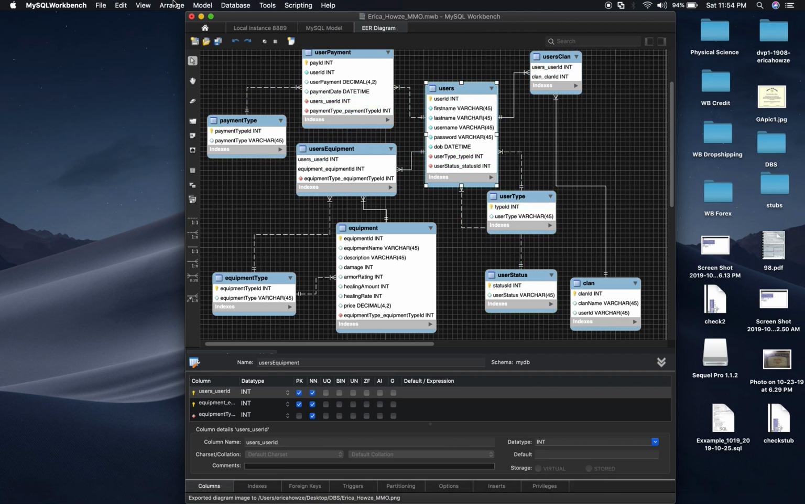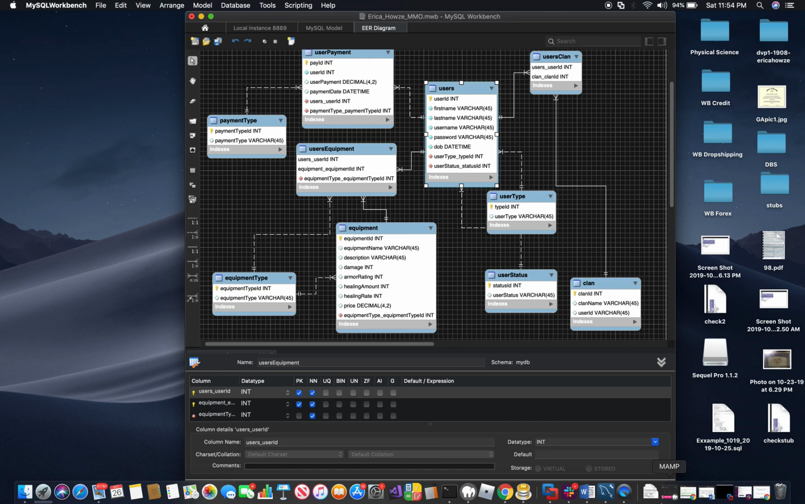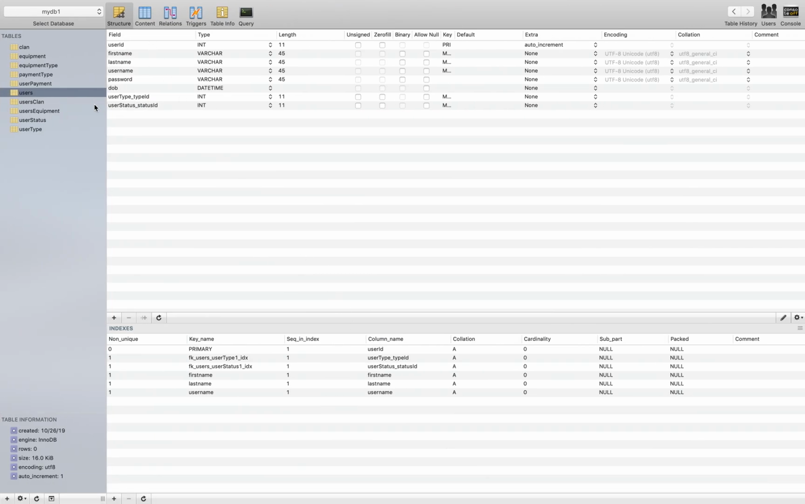And I exported and I got my code. I put it in my SQL Pro and it made my tables for me. My user table,